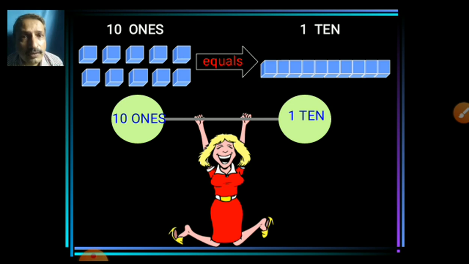See, one lady is balancing. Weightlifting, do you know? Very good. In a gym, one side has a 10 kilo. 10 kilo means how much? 1 only. And this side 1 kilo is 5. No, 10 are there. 1 and 10 small pieces are there. So now both sides are equal, not up and down. This is called balancing, or we can say equal to.